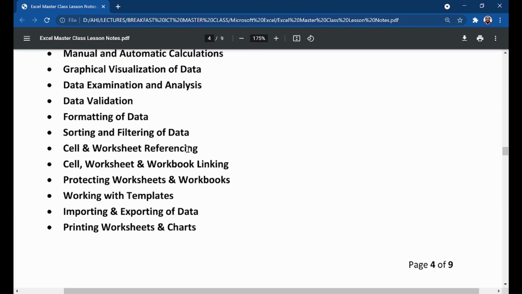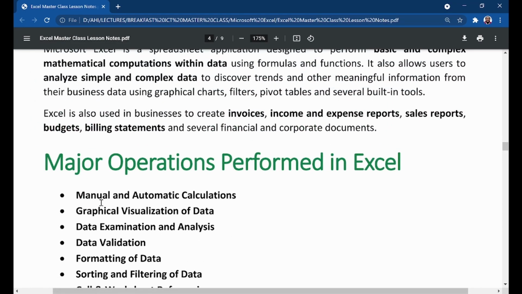We have cell referencing and worksheet referencing. We also have cell and worksheet linking. You should also know how to protect worksheets and workbooks with passwords and other things, and all these things we'll learn them. Then we also work with templates in Excel, and we import and export data, and we do printing. Today we want to learn how calculations are done in Excel, and after that we have another assignment for today